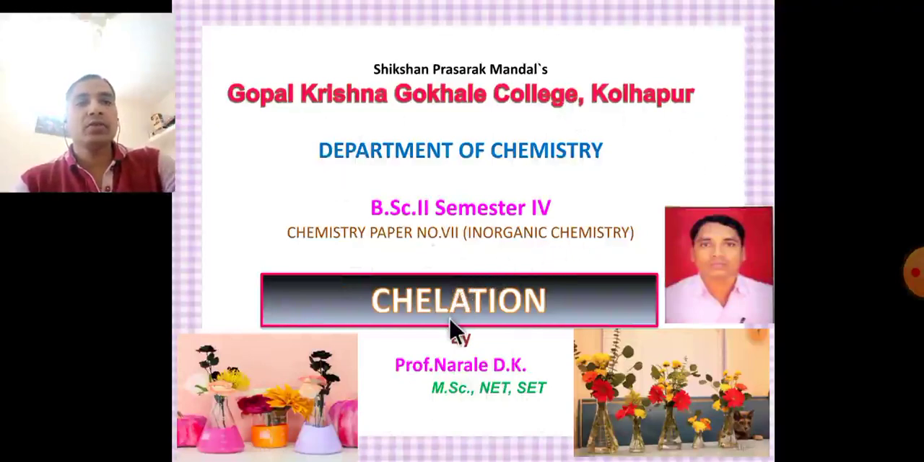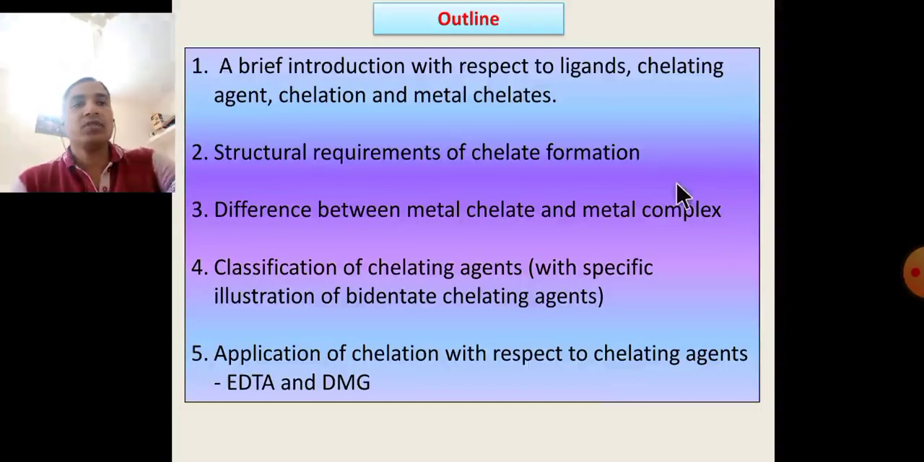Today we are going to discuss chelation, B.Sc II Semester 4, Chemistry paper number 7, topic number 2. The outline of this topic: first point, a brief introduction with respect to ligand, chelating agent, chelation